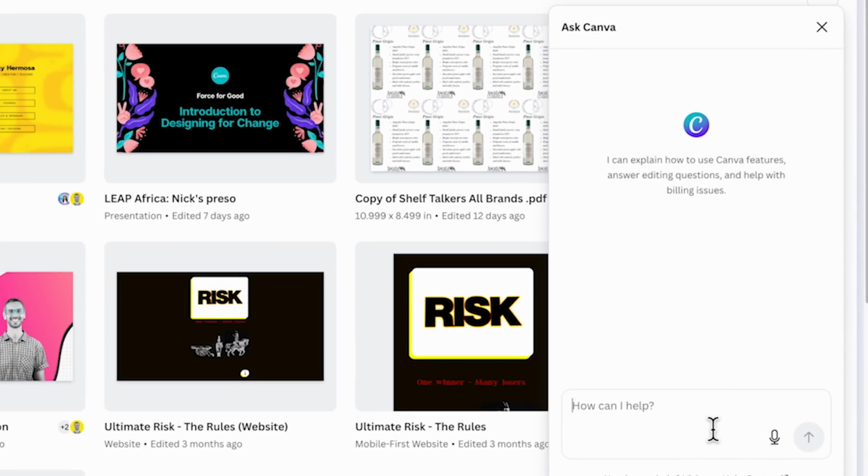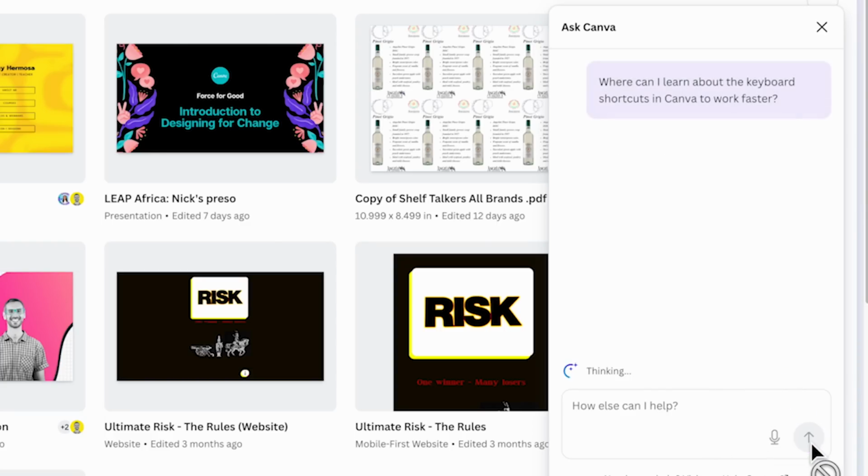I'm going to click that button, and this will open this chatbot powered by AI that is kind of like an assistant, a help desk or a help point where I can ask questions or simply search for information. And I see that I can either type my question in the box right here, or I could even use voice to type in my question or to ask something to the chatbot. I'm going to use the chat right here and ask, where can I learn about the keyboard shortcuts in Canva